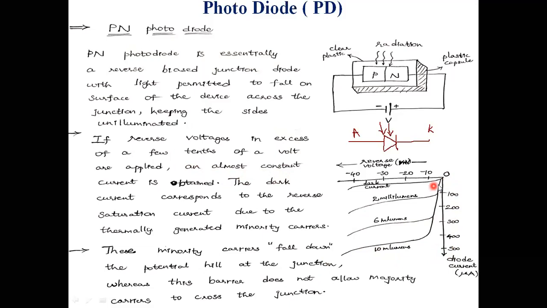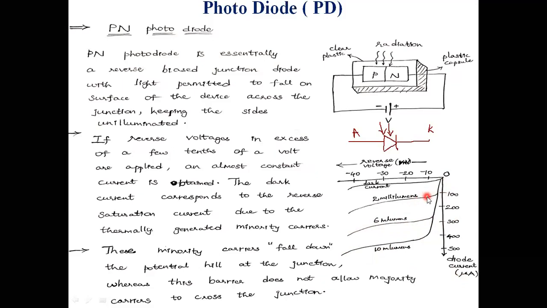By increasing this voltage level, I am getting a constant flow of current here. I obtain a constant current for 10 millilumens, or we can observe it in terms of microamperes also. Similarly for the second one, maintaining 6 millilumens, I obtain 300 microamperes. For obtaining 6 millilumens, the constant current flow will be 300 microamperes.